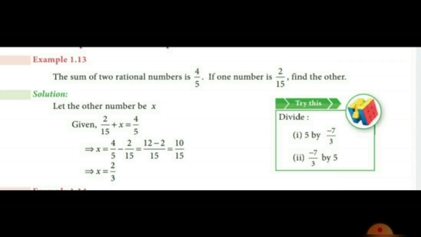So we have to make the denominator 15. So 5 into 3 is 15, so obviously 4 into 3 is 12. So 12 minus 2 by 15, that is 10 by 15. That one we can write in simplified form. So 10, 2 5s are 10, 3 5s are 15. That is the answer. So children, if you are getting confused, take one notebook and do the calculations in it, you will get the answer.